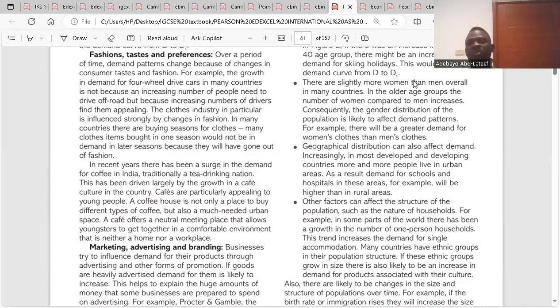So geographical distribution, we're talking about the location where everybody is. There are people in the urban area, there are people in the rural area. For urban area, it is more like a place that is open. It is more like town. So at those places, there are workplaces. Demand for hospital will increase there, along with things that go in line with the kind of jobs they do over there. Yeah. And for rural areas, basically their primary sector. So what they do in rural areas,